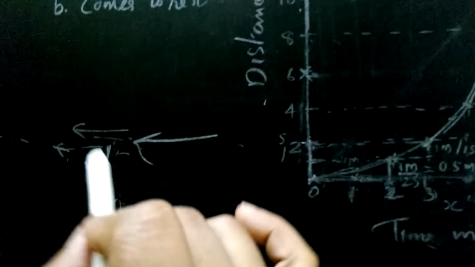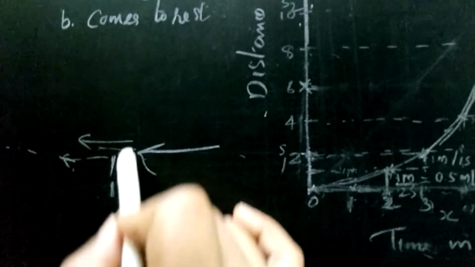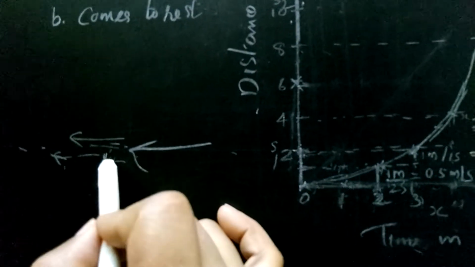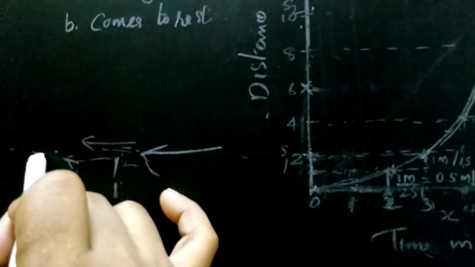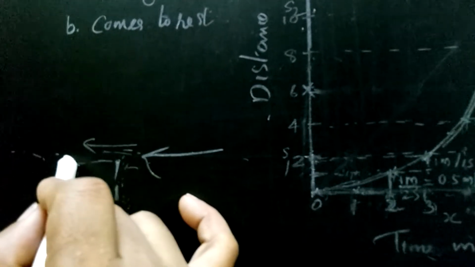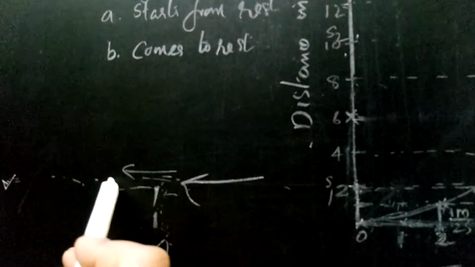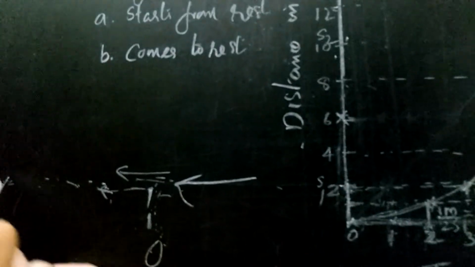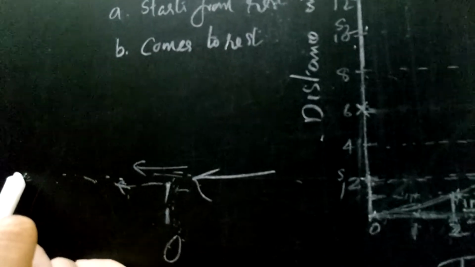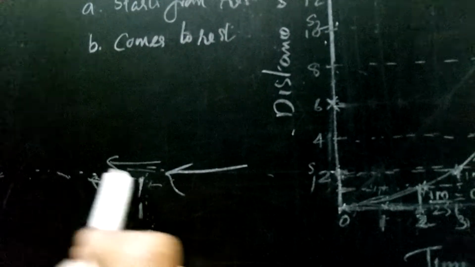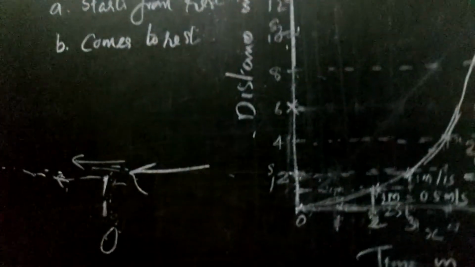Where you are standing, that point you should take as the origin. So when it covers distance, we should measure the distance from this point, isn't it? In the first second it will cover the maximum distance because it travels with a greater speed, and slowly it decreases, finally it comes to rest at this point. Is that clear? So we are going to mark that in this graph.